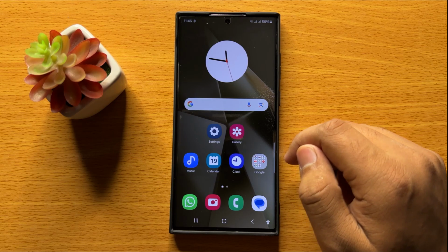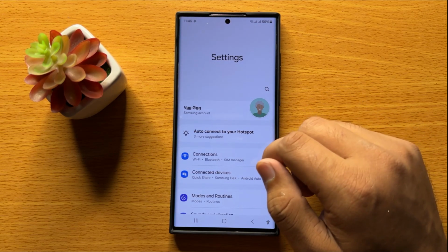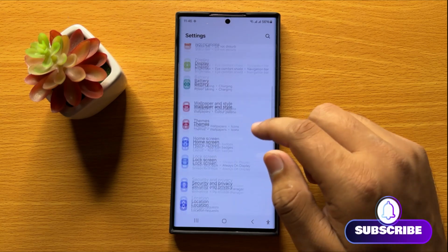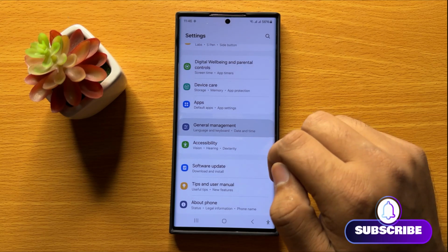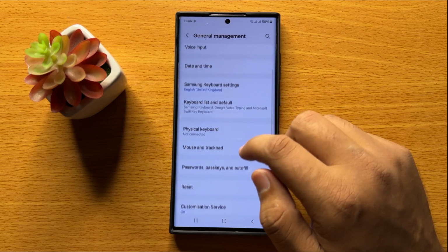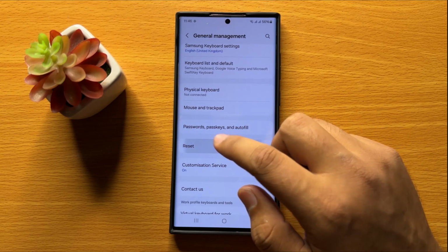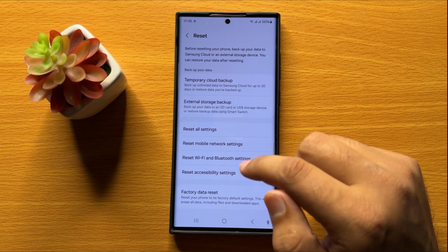So first of all, open settings. Now in settings, scroll down and here click on general management. Now in general management, scroll down and click on reset, and then scroll down and here you will see a